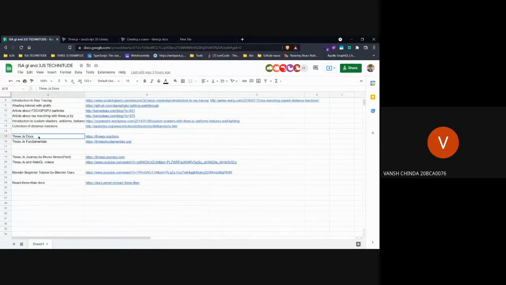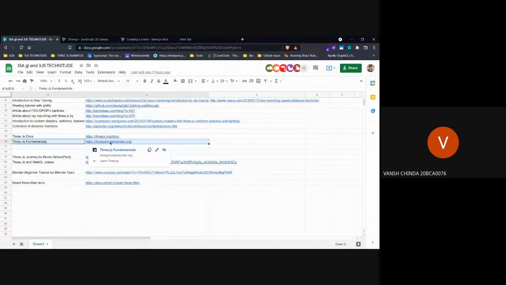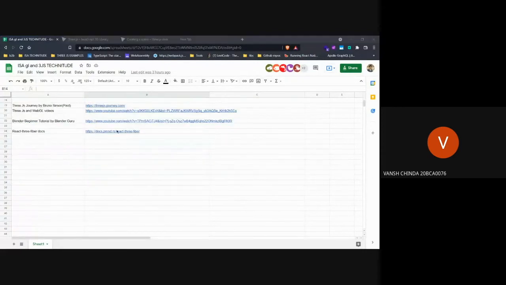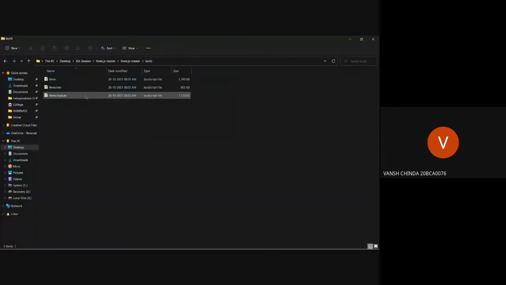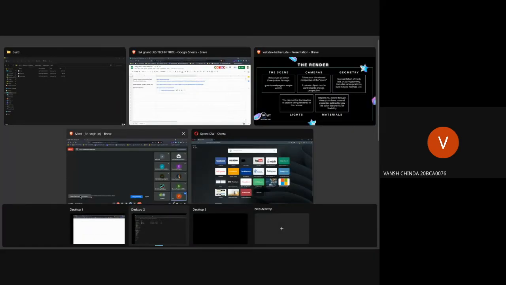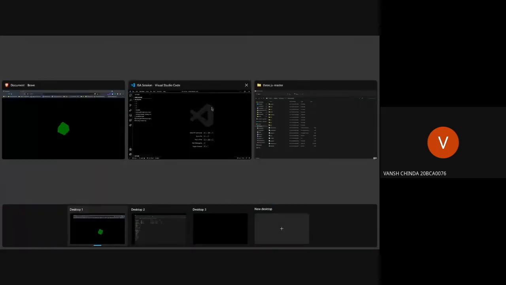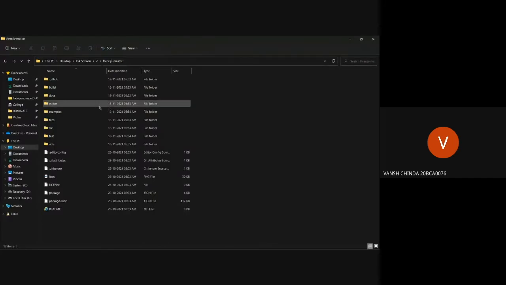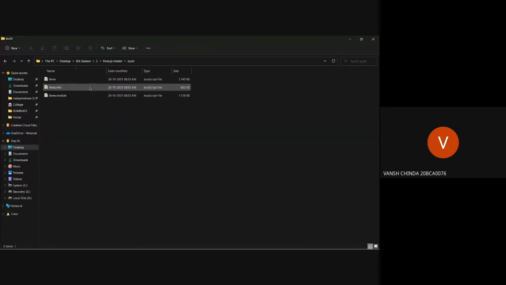Yeah. So these are 3JS docs, and to understand 3JS fundamentals, I think this website is really good. We won't get into that, but you can re-understand these concepts here. So we'll just get in docs here. Yeah, as I was explaining, this is basically just a GitHub repo. I'll get my VS Code here. Okay, so this is the VS Code. Yeah, I was explaining what this is. So let's get this file.